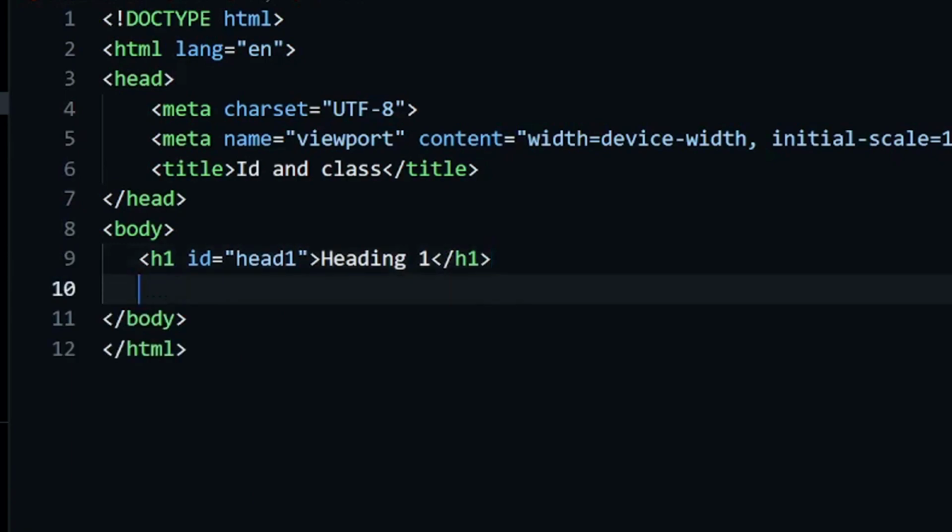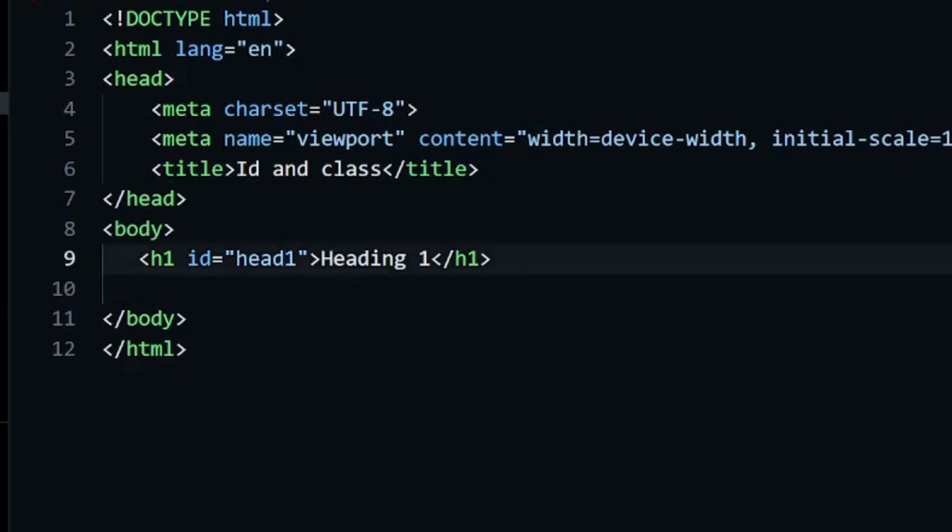Okay, now what is a class? Class is an element attribute which applies one or more classes to an HTML element. It is not like an ID. It does not uniquely identify your element. One or more elements could have the same class name.